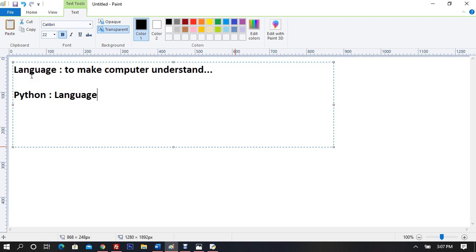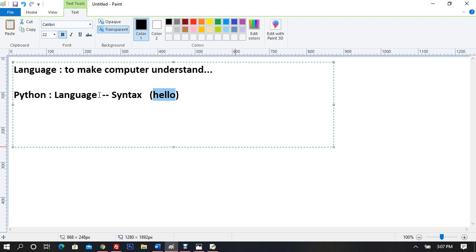Okay. Now we are going to start with Python, which is a language, and for that we have to see the syntax of the language. Syntax means learning the language itself. For example, I write hello, but if I have to say hello in Arabic, I'll say marhaban, ahlan wa sahlan.